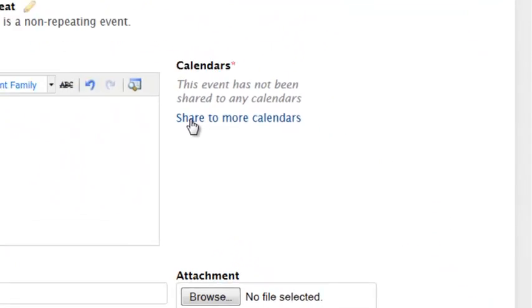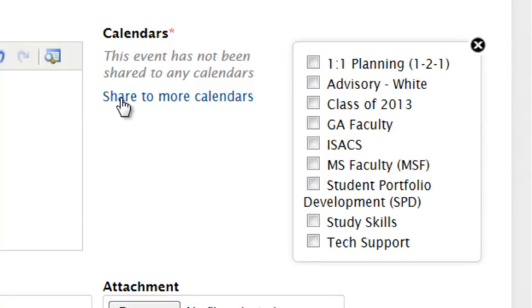I can add the event to more than one calendar. So if this needs to be seen by, for example, more than one class, if I have 3 or 4 sections of the same class, rather than typing this over and over again, I can just click and add this to different classes. If I'm creating this, for example, for a Tuesday-Thursday class, and I also have a Wednesday-Friday class,